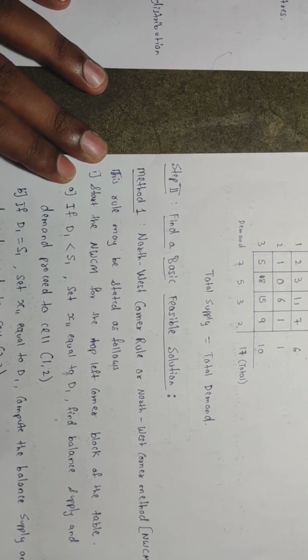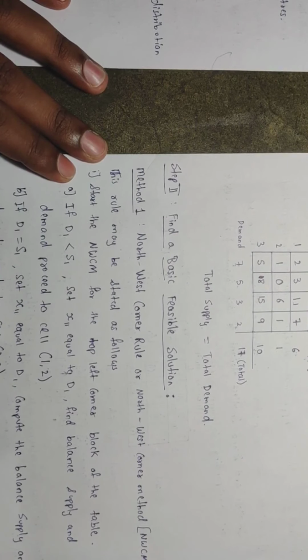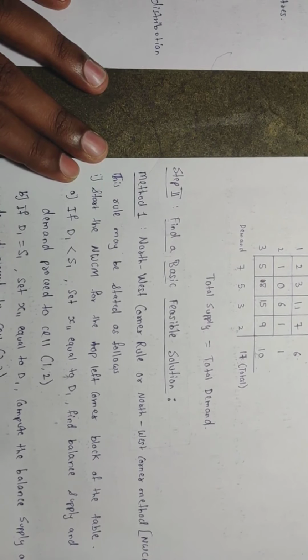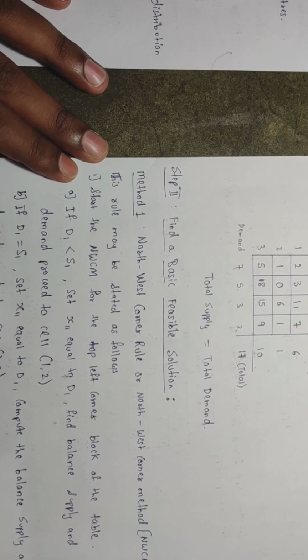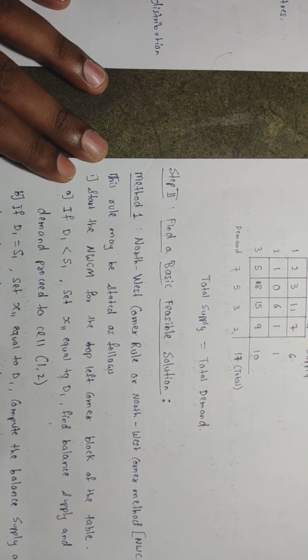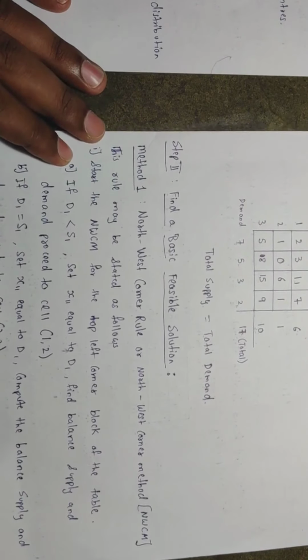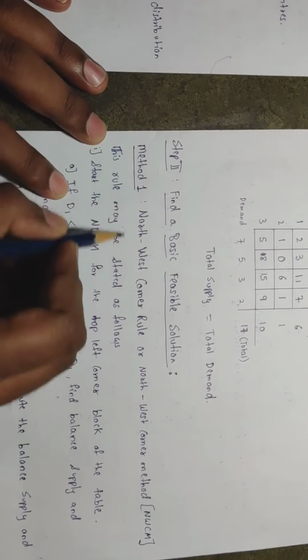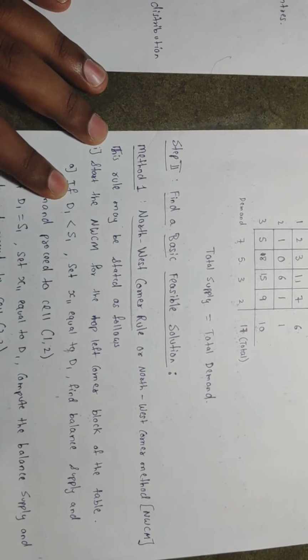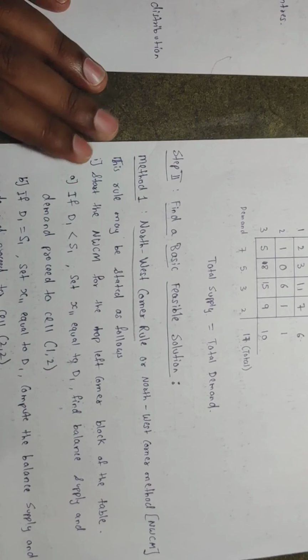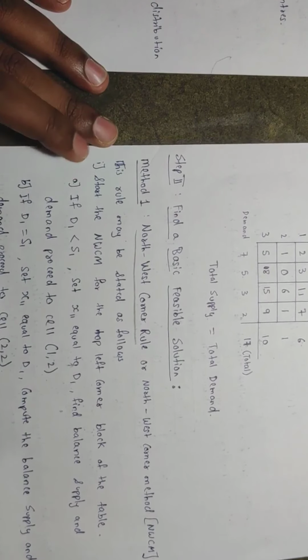If you find a very good textbook, the Prem Kumar Gupta textbook, they have given various methods to find the basic feasible solution, that is northwest corner rule method. Then we have column minima, row minima, then we have Vogel's approximation method. Many kinds are there, but according to the VTU syllabus, we are going to deal with only two methods, that is northwest corner rule and the second one, Vogel's approximation method. I'm going to deal with both the methods and explain which one will be the best solution to obtain the basic feasible solution.